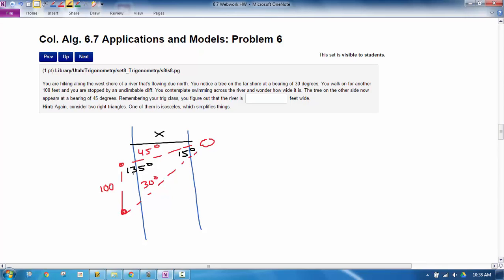Okay, so you know these angles then. If you take 180 minus 45, you'll get 135, not drawn very well. This would be 15, this would be 30. And then we can use it to find this leg right here, which is in black, because I'll use the law of sines to do that. So I'll do the sine of 15 degrees over its opposite side, 100, equals the sine of 30 degrees over its opposite side, which I'll call y for right now. I'll solve for y,